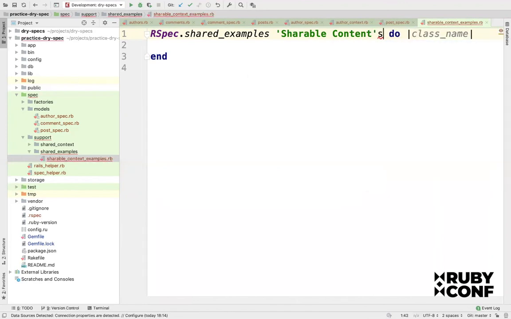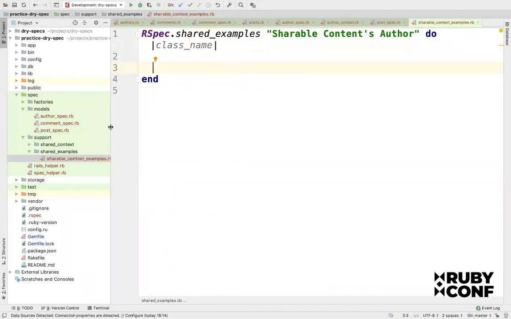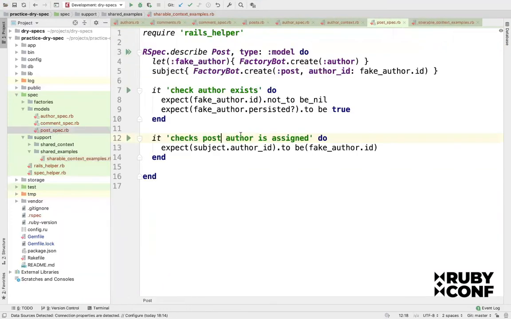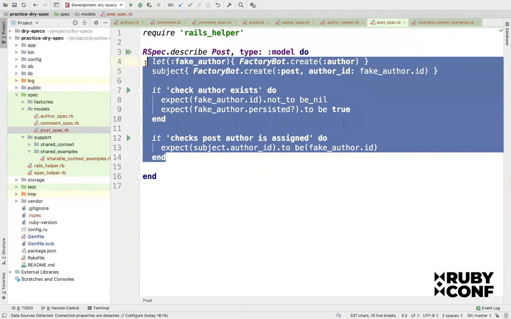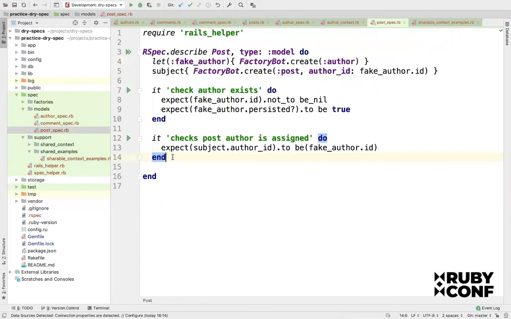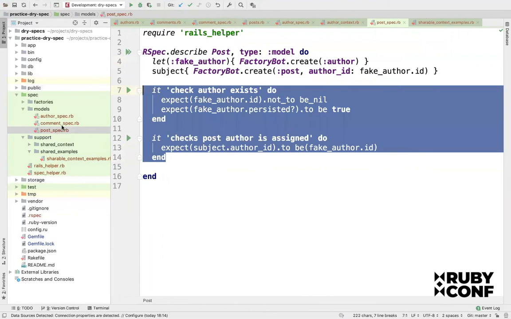So it is about author spec. So we can also say that shareable contents, author examples, whatever, or we can skip the example part over here. Okay. So what we can do is we just get all the things from here, or beside this, we just copy this thing. We can also copy these two things,